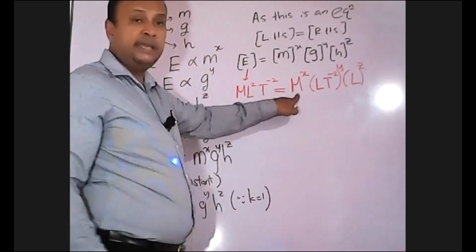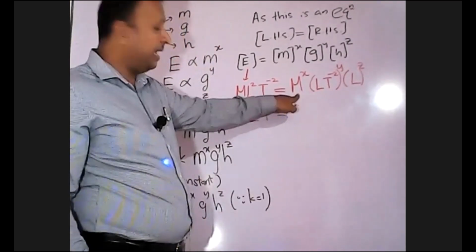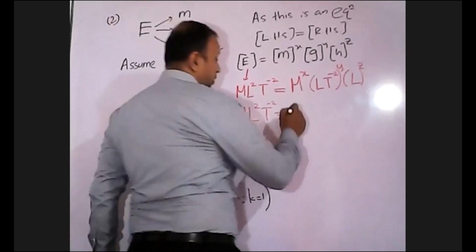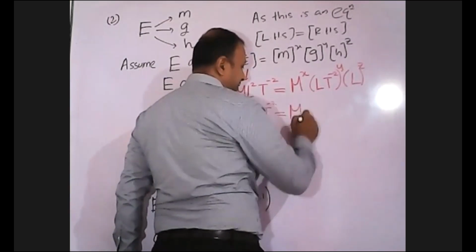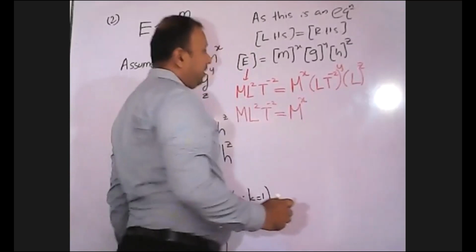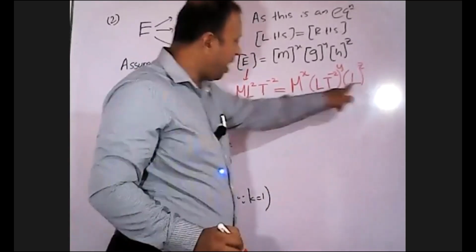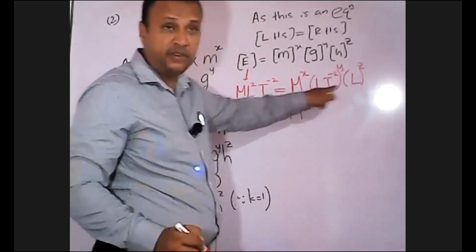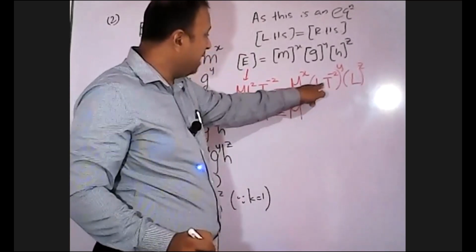In here, there is only one m, so you have to write it as m to the power x. There are two l's. You have to simplify this one. In here, L to the power y